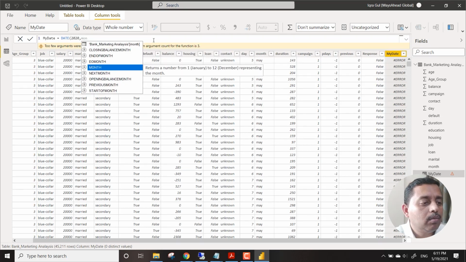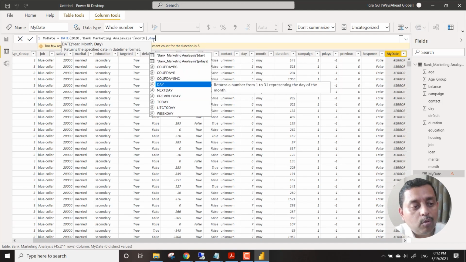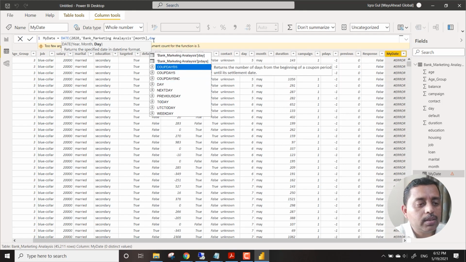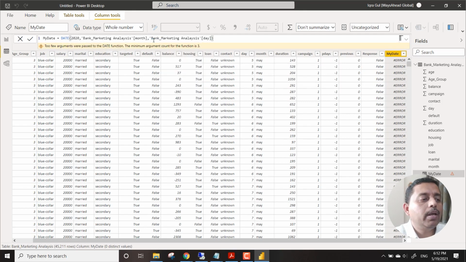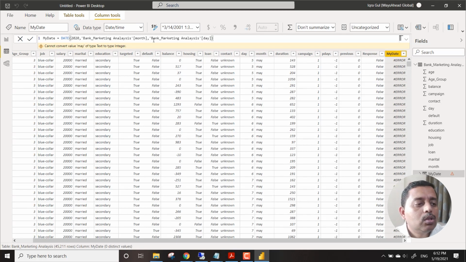So this is the month column, and then we bring in the date, which is the day. But the moment we try to do this, we will see where the problem lies. So here it cannot be converted. You can see there is an error.